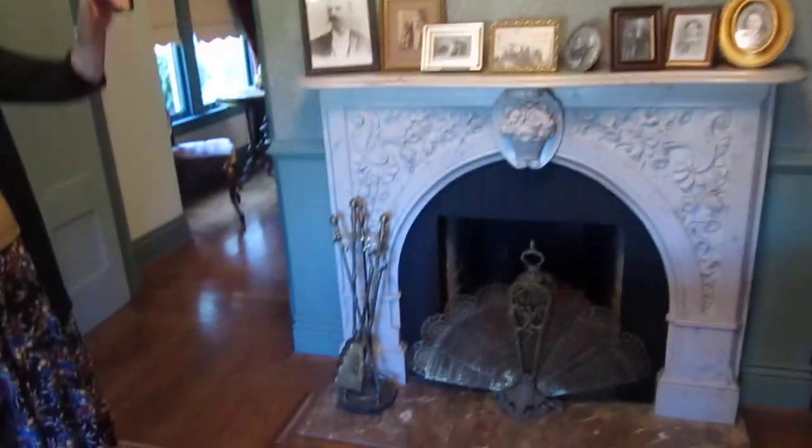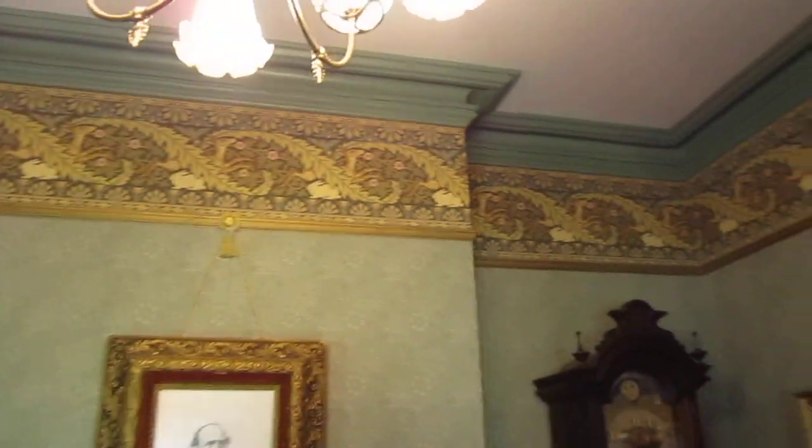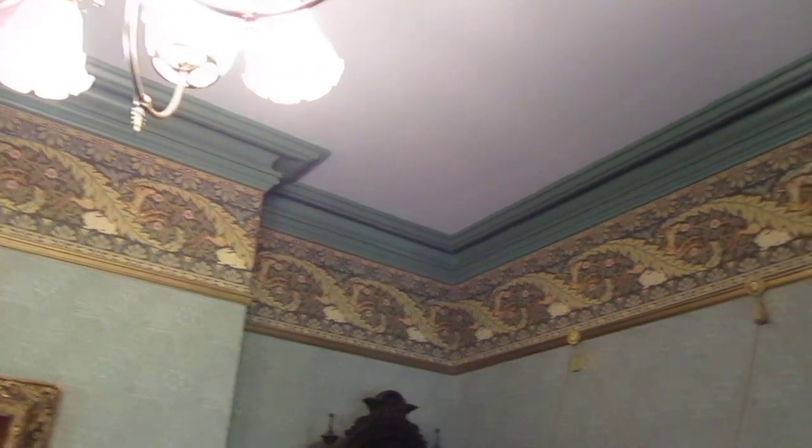The wallpaper is from a company that makes period wallpaper, and they designed this. In fact,